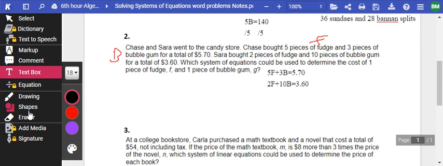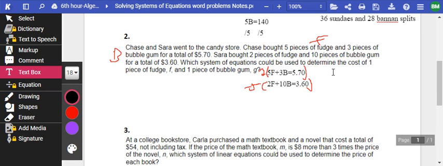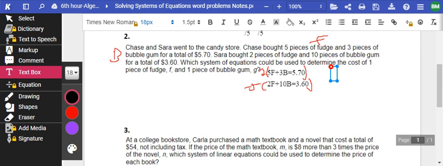The only problem is we're going to have to multiply the top and bottom by a number. So we're going to multiply this whole thing on top by 2 and this whole thing on the bottom by -5. So we're doing both of them. So let's look at what our new equations will be so that we can add straight down. We're going to get 10F plus 6B